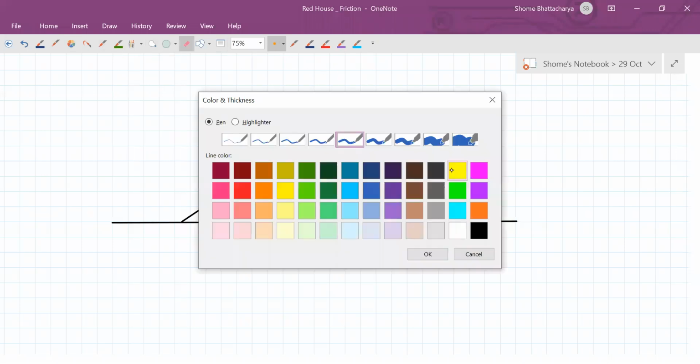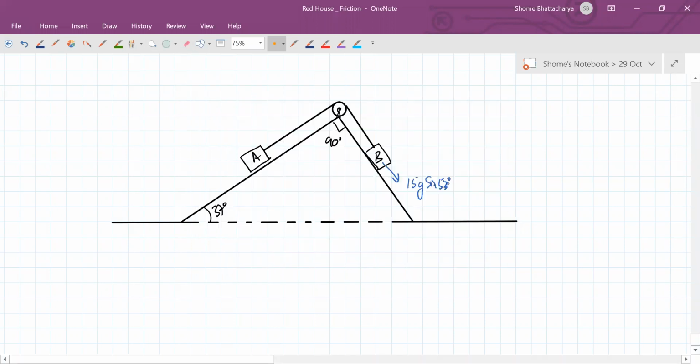Then 15g cos 53, because the mass of B is 15 kg. There is some normal reaction on it, there is tension T,